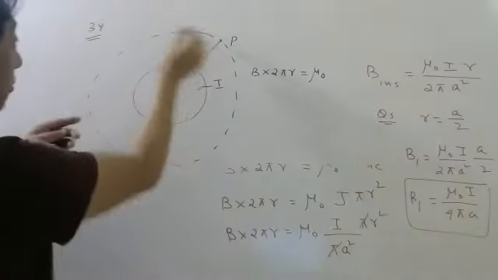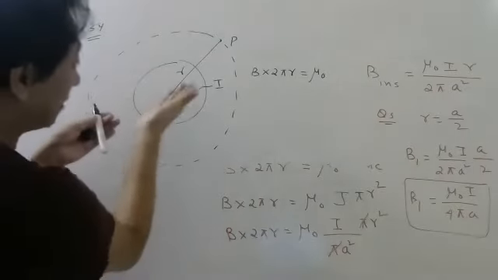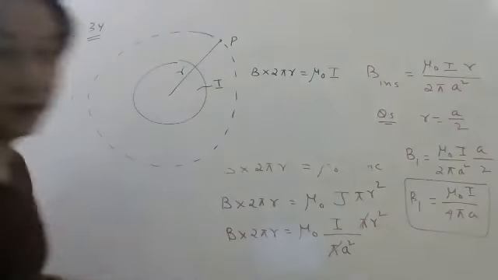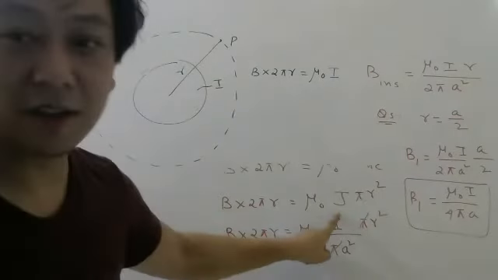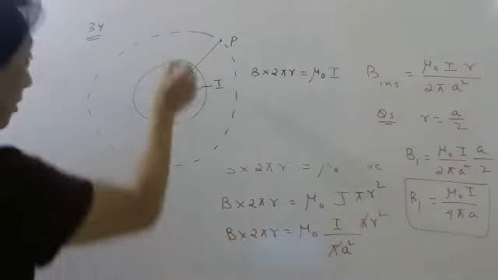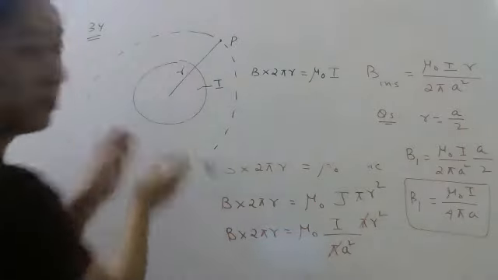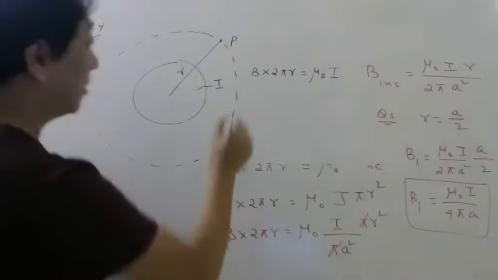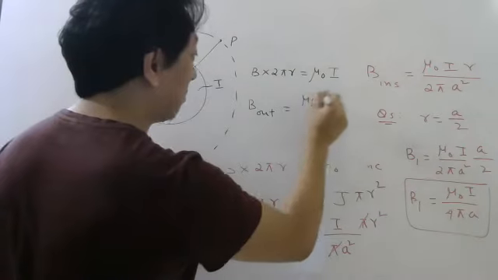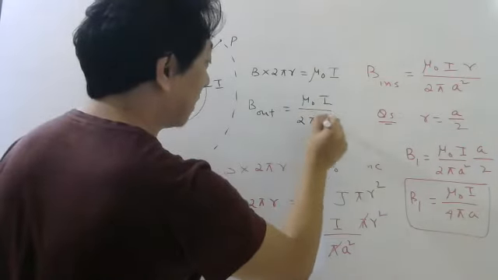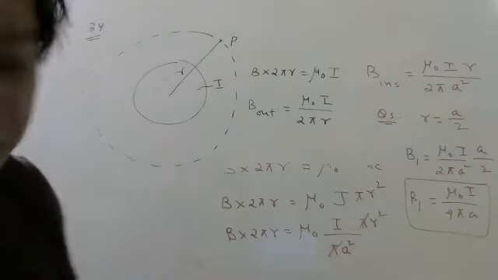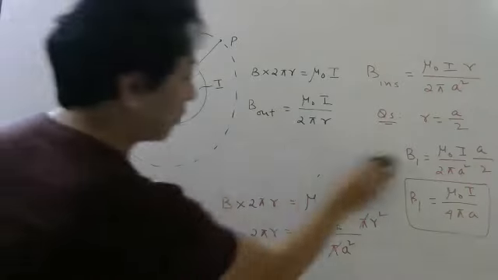This time for this loop, the current inside is this total current only. So directly I can write I. No need to do all this business of multiplying current density with area. Why, sir? Because this whole current is inside the loop. Then write directly I only. So the magnetic field outside will be mu naught I by 2 pi r. Very similar to the formula of a straight wire. Thin straight wire, thin.